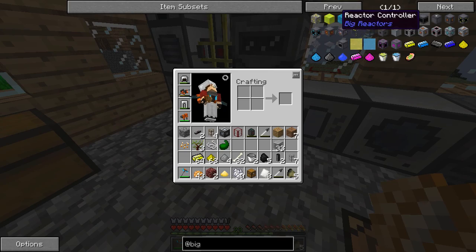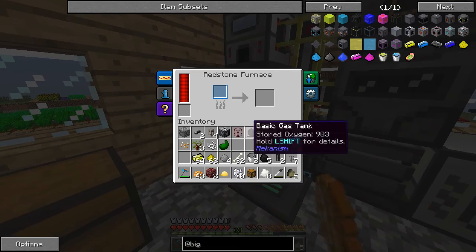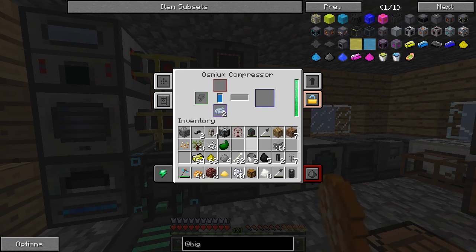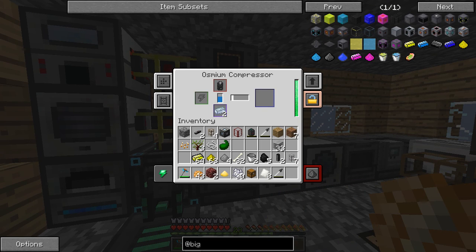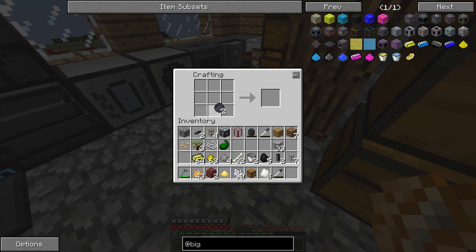Alright, so we can get our first pieces of the big reactors. We got some sandy coal compound. We just need to smelt that up and let it go into the silicon boles, and then throw that in a osmium compressor. The osmium compressor will compress the silicon bole. And while making them, and it gives us 2, that is fantastic,